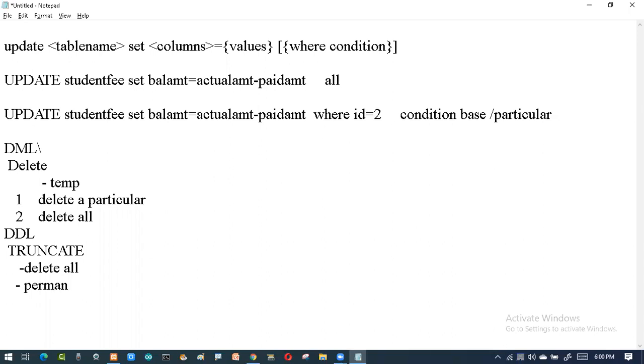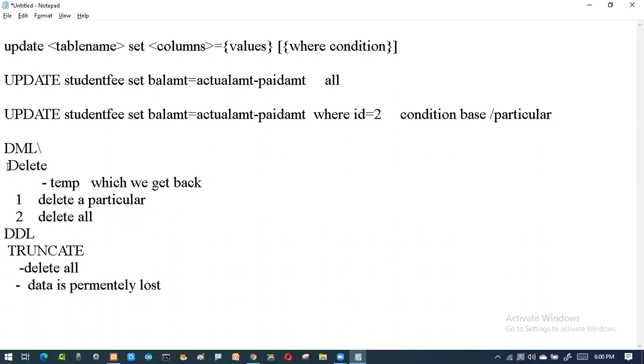So data will be permanently lost. Here with delete it is temporarily lost, which I can retrieve, which we can get back.